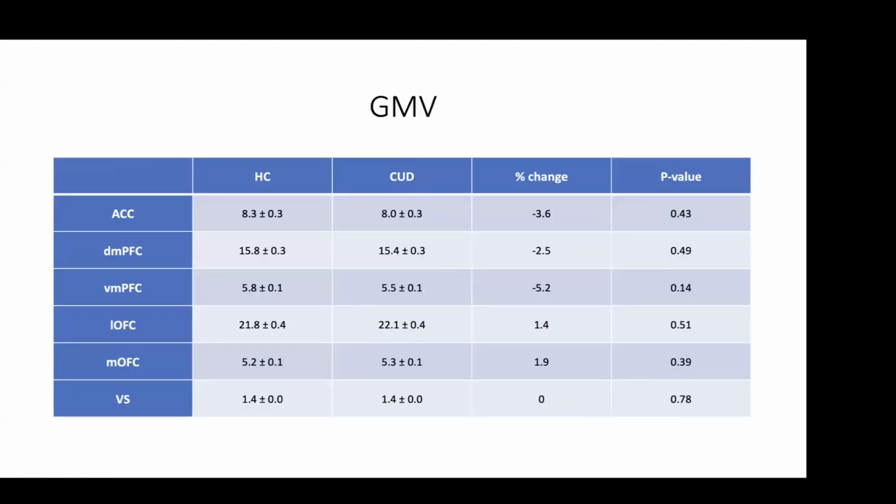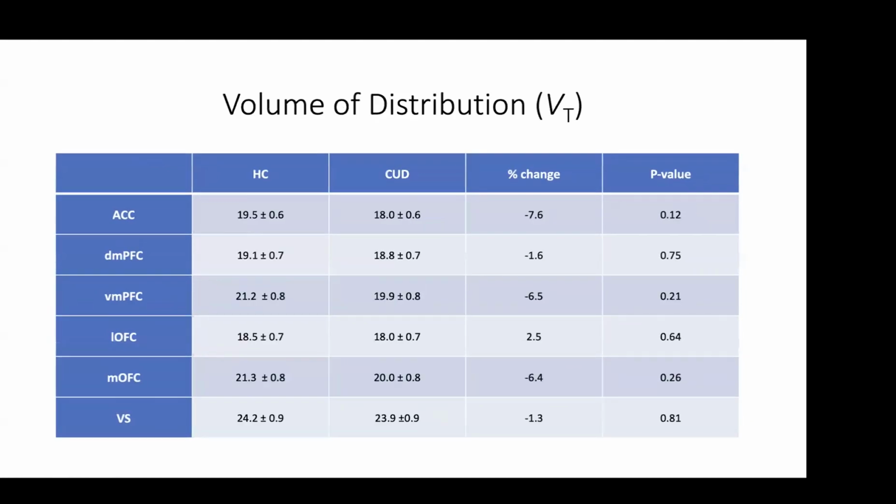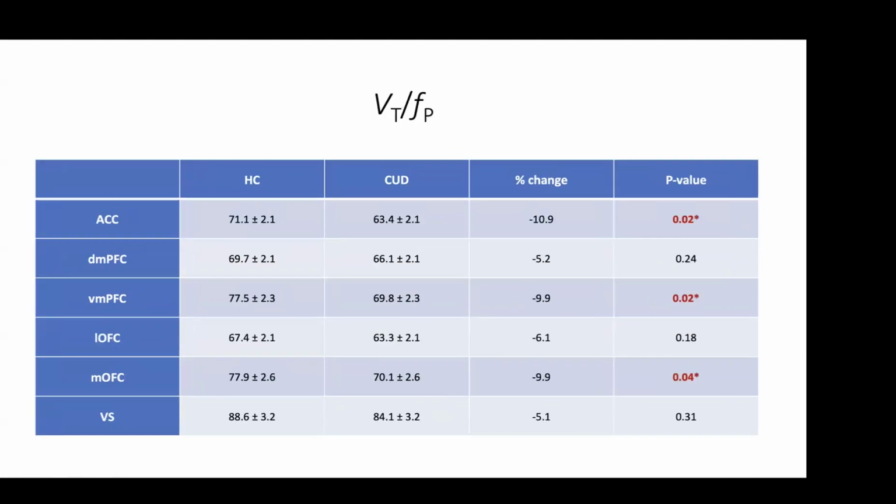In terms of the gray matter volume, we didn't see any differences between the groups, so no changes there. In terms of the volume distribution, we saw no statistical significance between the groups. We saw slightly lower numbers in the cocaine group than the healthy controls, but none of those reached statistical significance. In terms of the BTFP, we saw lower BTFP in the cocaine group, in the anterior cingulate cortex, dorsomedial